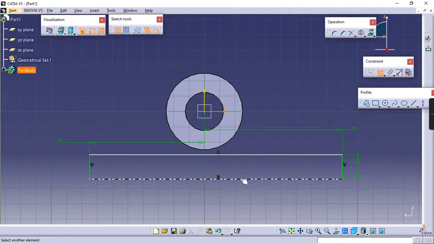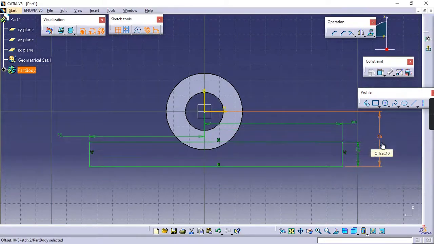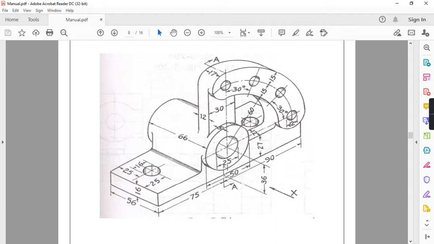Constraint from the center to the bottom face it is 36. So this is the plate. Just check 16, 75, 90, 36.